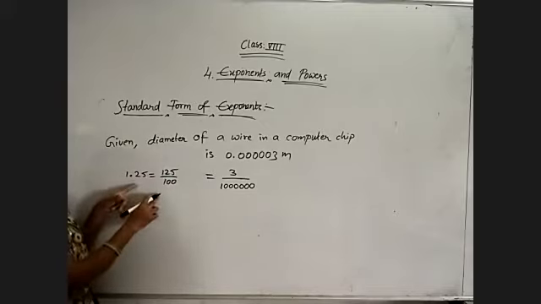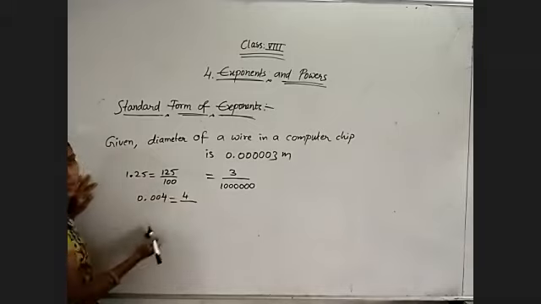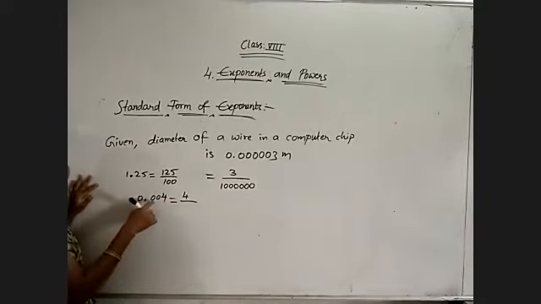See, because here every digit in 125 is a non-zero value, I took 3 digits. But here 4 digits are there, and 3 digits are 0. That means 0004 I will get in the numerator, that means only 4. By how many decimal digits do I have after the decimal point? 1, 2, 3. So 1, 2, 3 zeros. This is the fractional form of this decimal number.